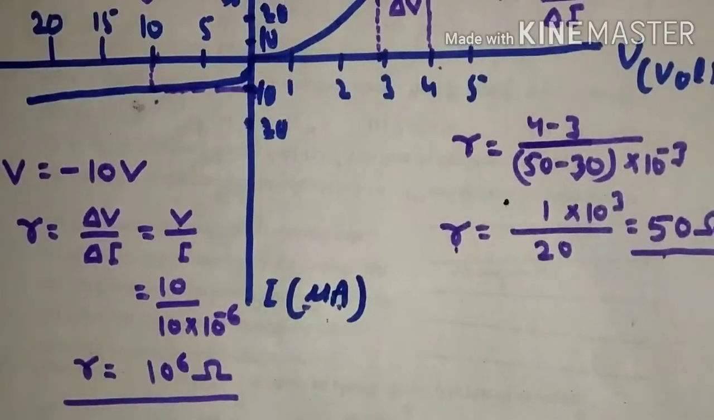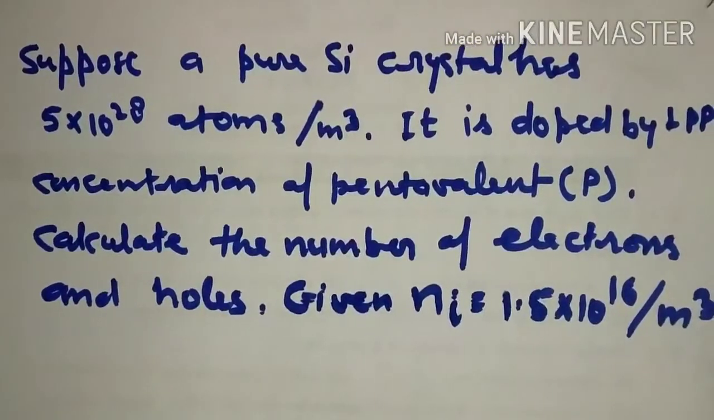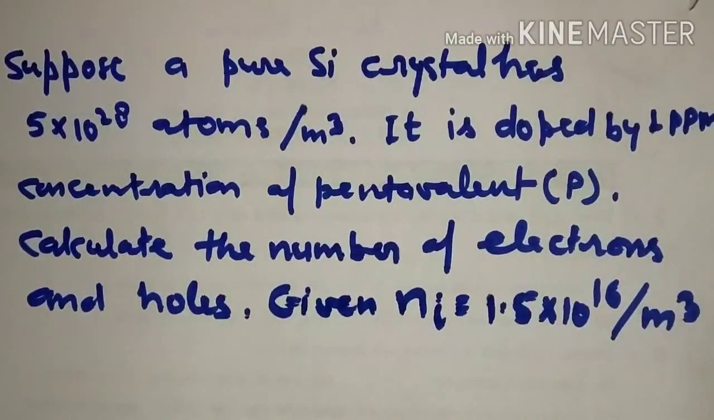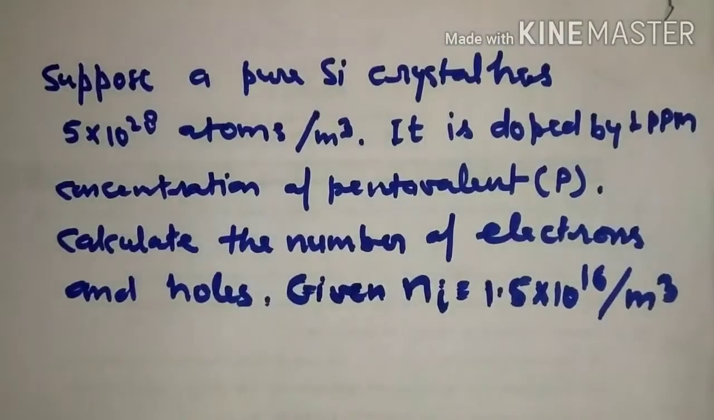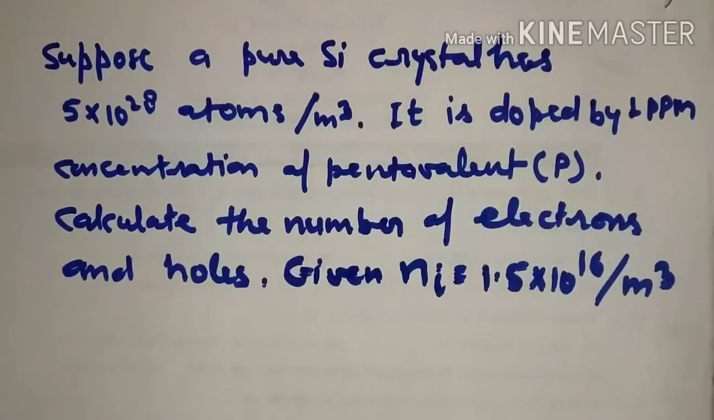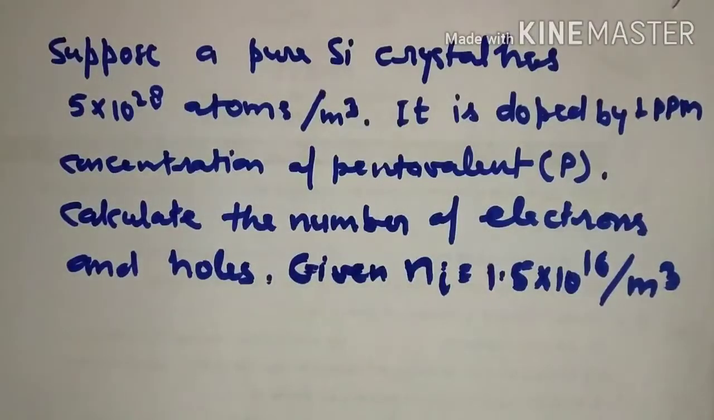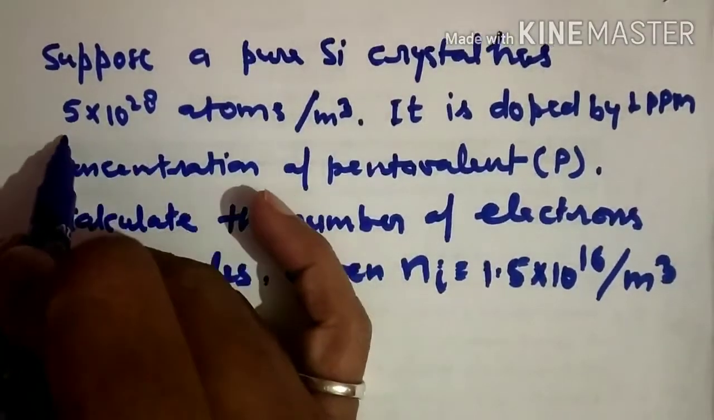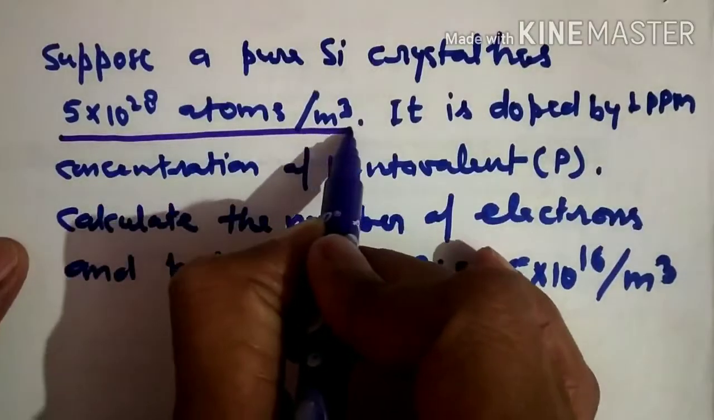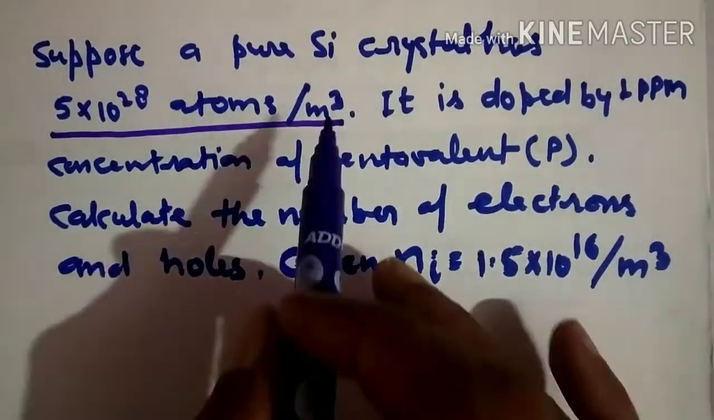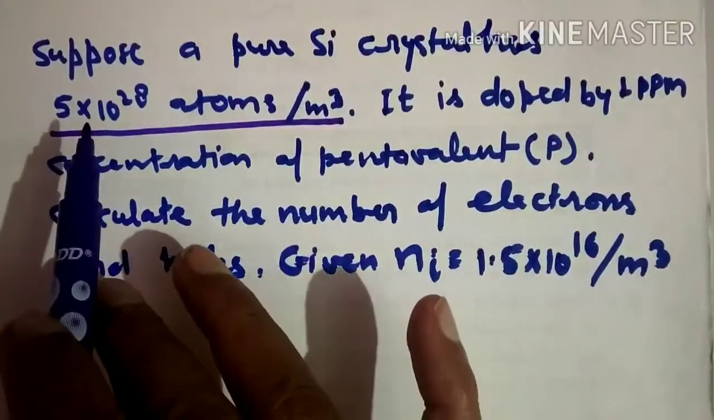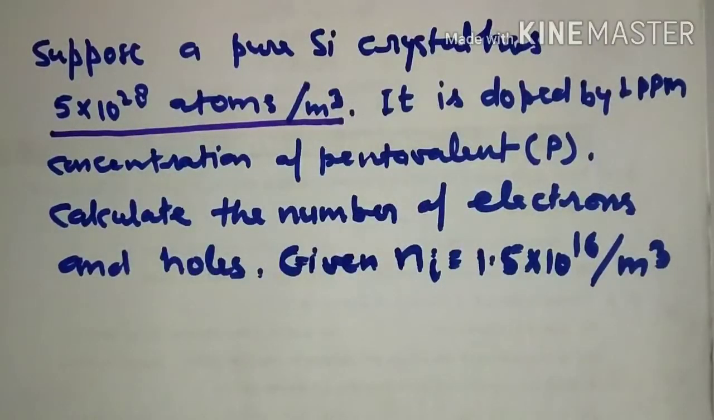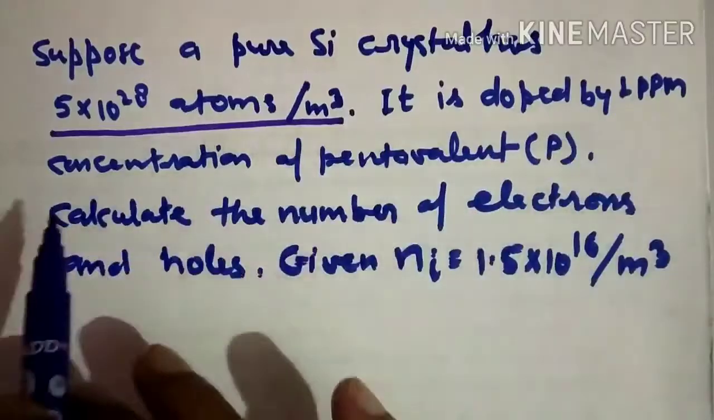Now let's see one more question of the semiconductor. So here it is. Suppose a pure silicon crystal has 5 into 10 to the power 28 atoms per meter cube. So this is the atomic density of the crystal, that in 1 meter cube this many atoms are supposed to be in the silicon. And this silicon is doped by 1 ppm